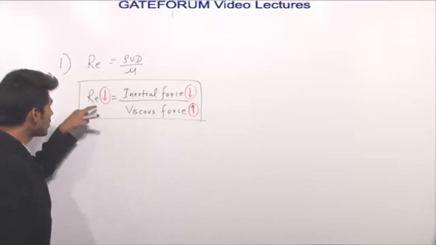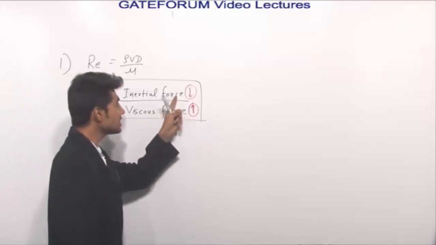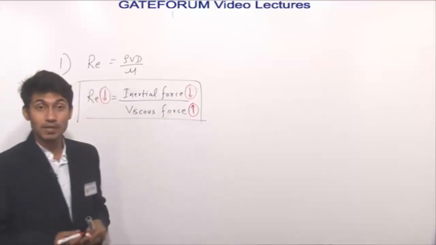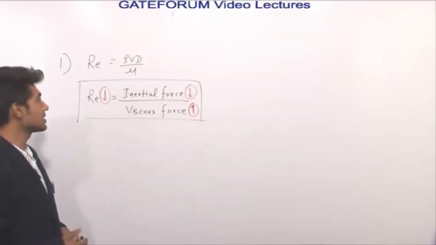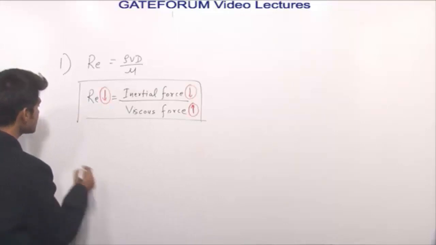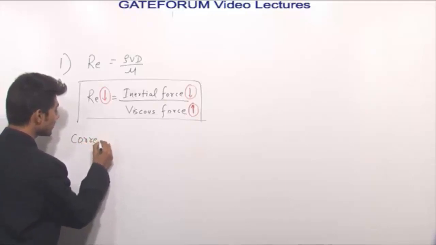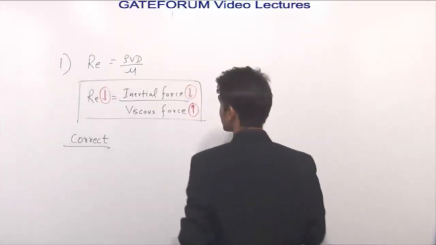So for low Reynolds number, there are two things responsible: low inertial forces and higher viscous forces. That means viscous forces are going to dominate over inertial forces. So statement 1 is correct. Whatever language is used in statement 1 is satisfying our formula. So statement 1 is correct. Now